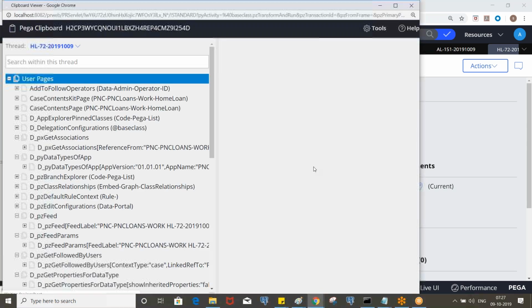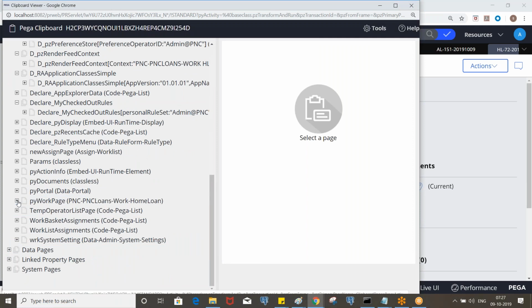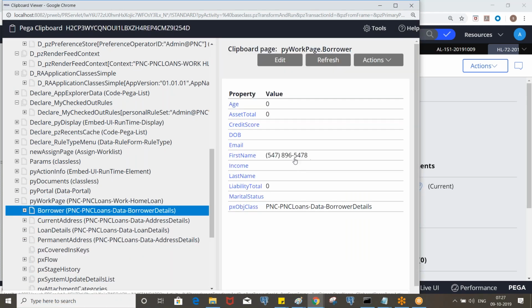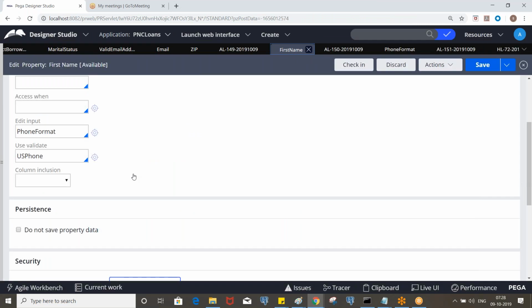Go to the clipboard, first name. The format has been changed, see? Because we have invoked this phone format as edit input.